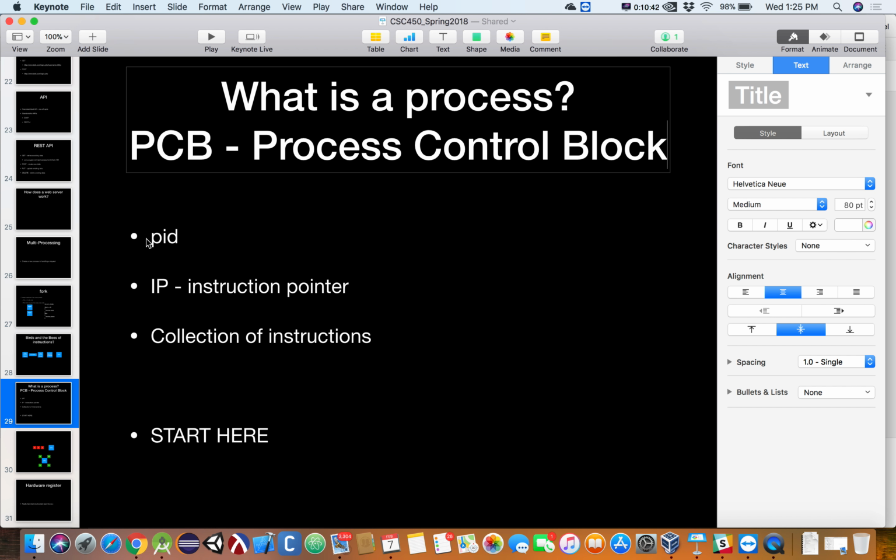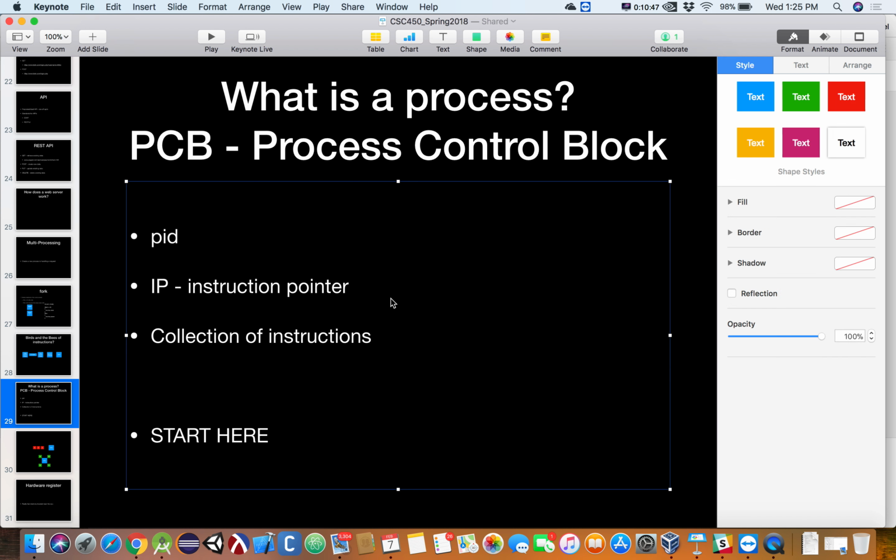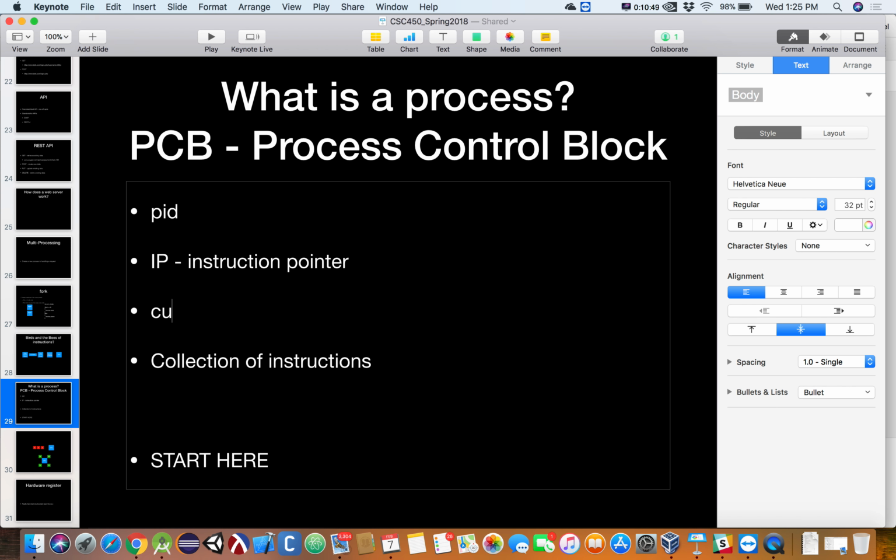Okay? So that's going to be a unique identifier, an instruction pointer, current state of registers and cache, let's just say. All the stuff it needs to be able to load back onto the CPU. Then a collection of instructions. And I'm actually going to say current collection of instructions because those processes do get updated, because when you have